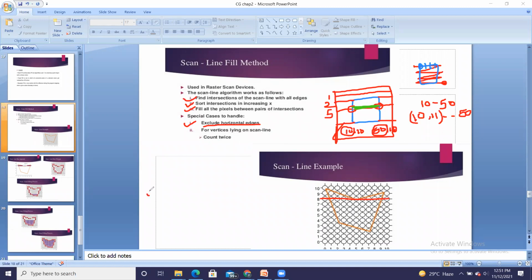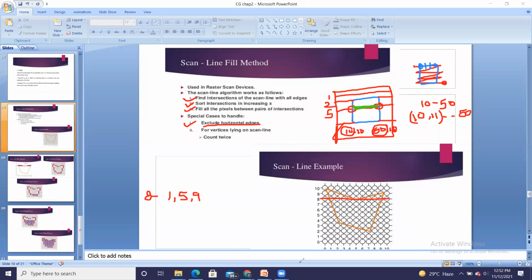So in the 8 number scan line, what the contents I am going to store, its X value. So what is the X value of the first intersection? The first point of intersection is X is having value equal to 1. So X is equal to 1. What about next? The next intersection is at a vertex having X is equal to 5 value. So X is equal to 5. And the third intersection is at X is equal to 9.